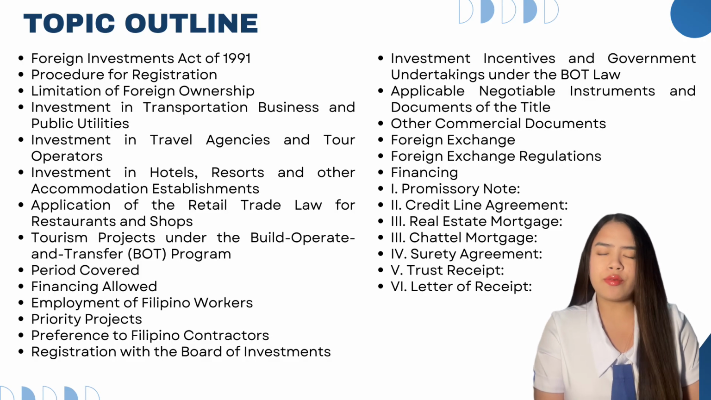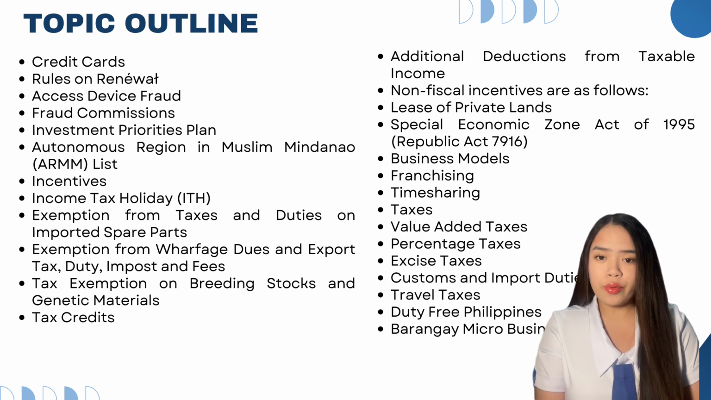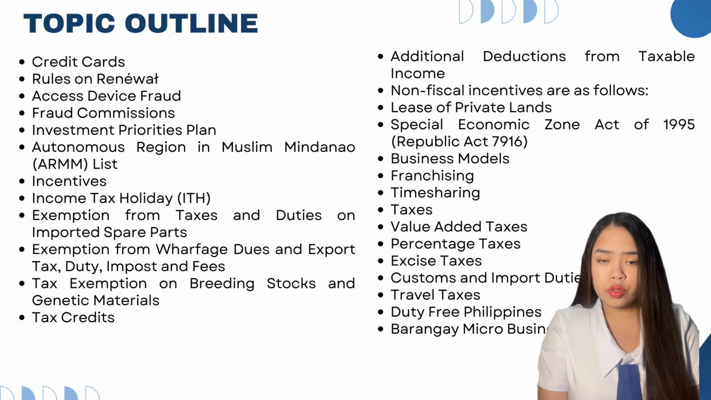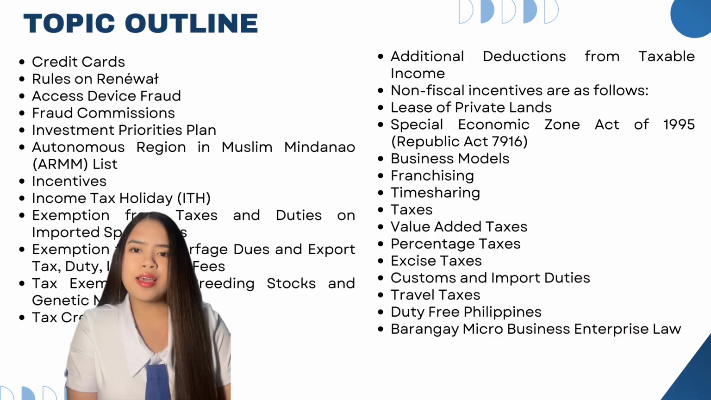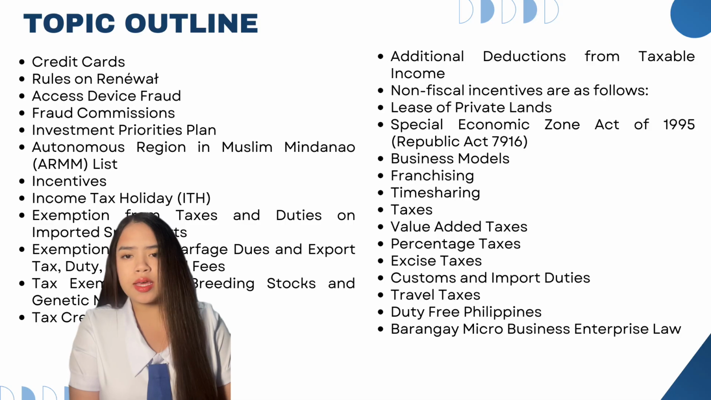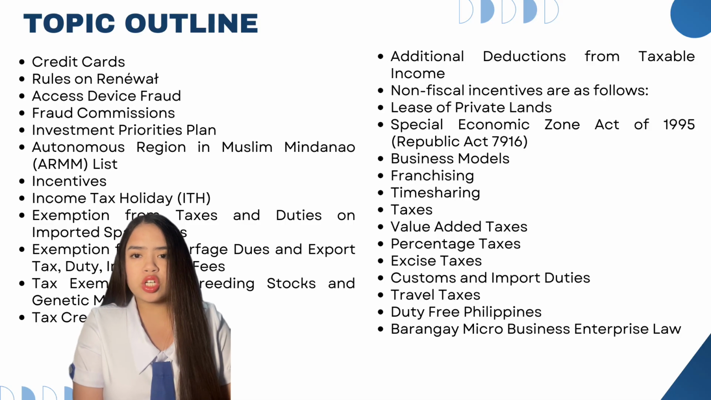agreement, trust receipt, letter of receipt, credit cards, rules on renewal, access device fraud, then fraud commissions, investment priorities plan, Autonomous Region in Muslim Mindanao, list of incentives, then income tax holiday, exemption from taxes and duties on imported spare parts, exemption from wharfage dues and export tax, duty, imposed and fees, tax exemption on breeding stocks and genetic materials, tax credits, additional deductions from taxable income, non-fiscal incentives are as follows: then lease of private lands, Special Economic Zone Act